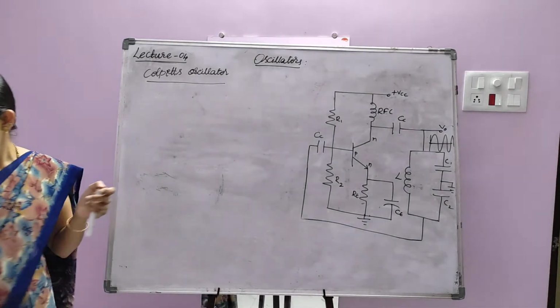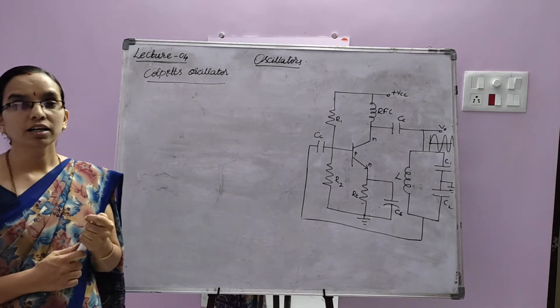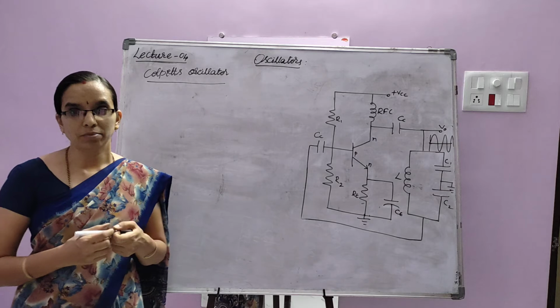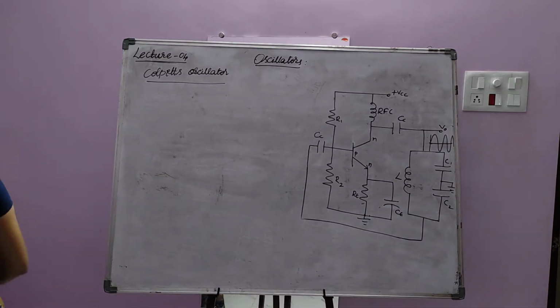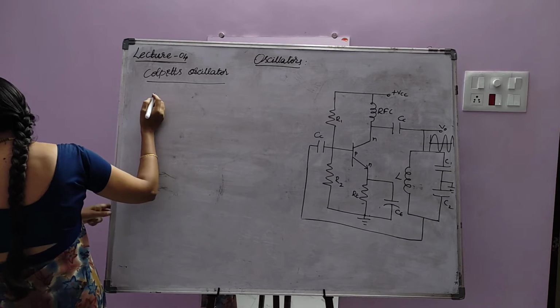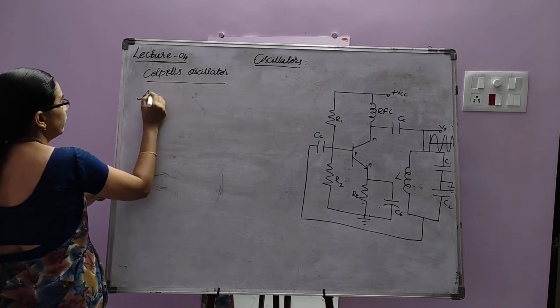This also will be asked for 5 marks. You have to draw the circuit, and the explanation and working will give you 5 marks. And let's solve some problems on the Colpitts oscillator. Before that, advantages of